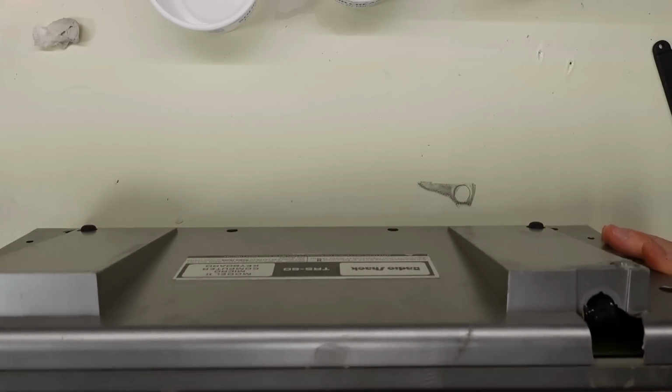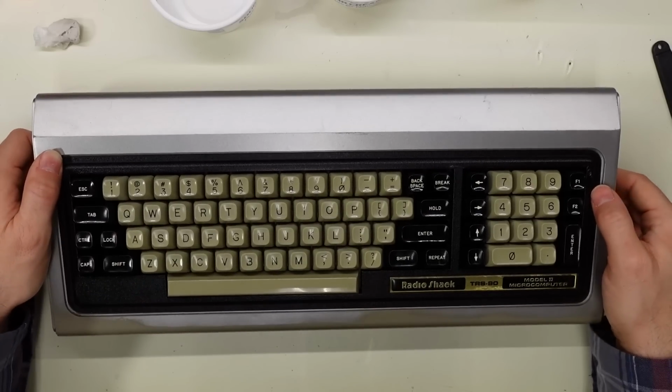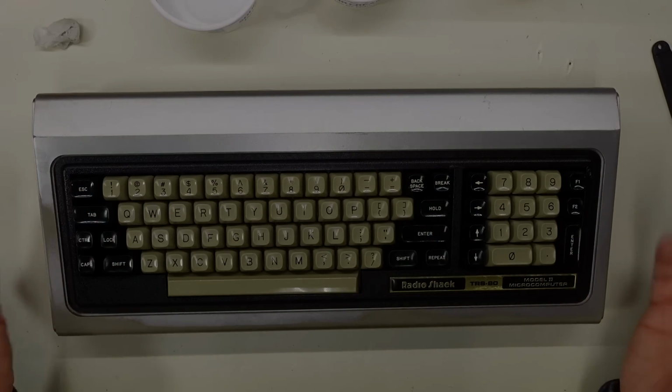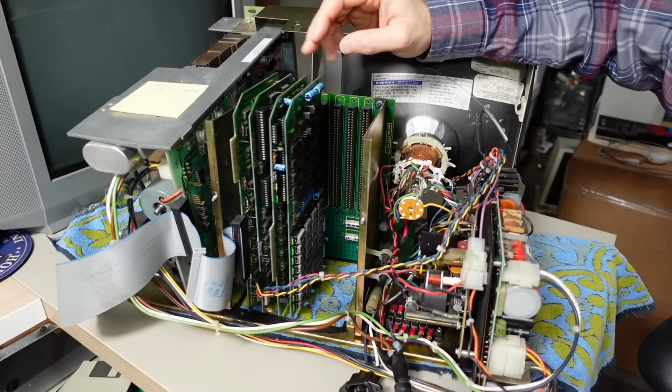I don't know, come up with something to make that a little bit more durable than the way it is right now. But for now, I can certainly give this keyboard a test. Now, before I power this thing up again to test the keyboard, a few viewers pointed out in my last